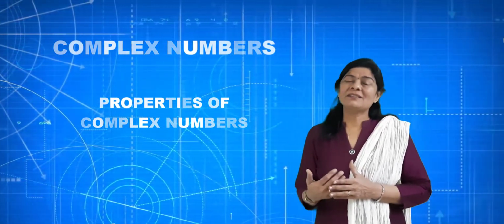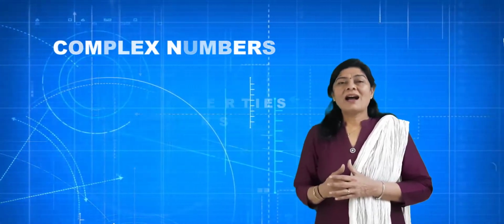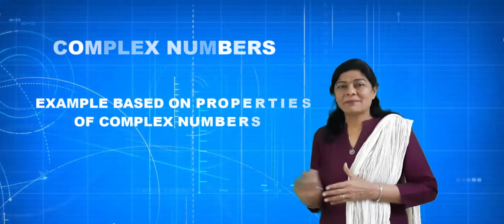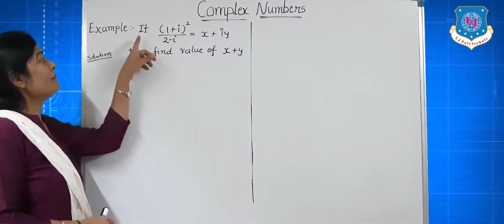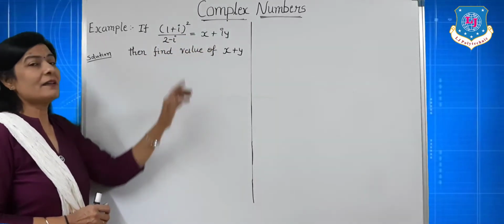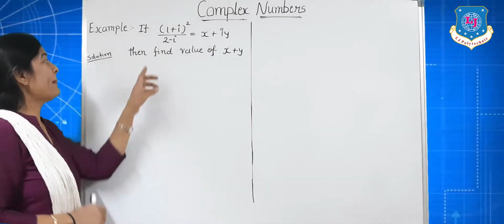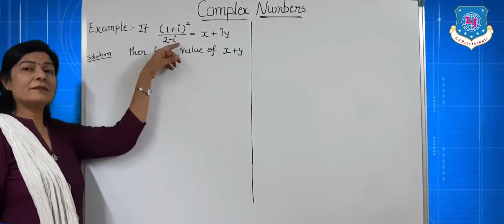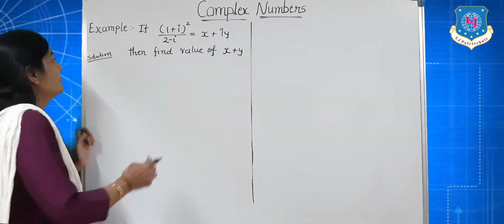प्रीवियस वीडियो लेक्चर में हमने कॉम्प्लेक्स नंबर की प्रॉपर्टीज के बारे में देखा। एडिशन, सब्ट्रैक्शन, मल्टीप्लिकेशन एंड डिवीजन ऑफ टू कॉम्प्लेक्स नंबर्स। आज हम उसके बेसिस पर एक एग्जांपल देखेंगे। If (1 + i)² / (2 − i) = x + iy, then find the value of x + y. यहाँ पे पहले हम (1 + i)² / (2 − i) का सिंप्लीफिकेशन करते हैं।